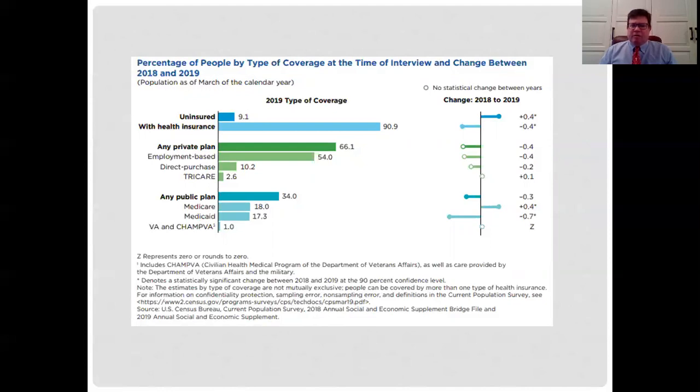Medicare, which is for older Americans, accounts for 18%. Medicaid for poor Americans, and also older poor people on Medicaid, accounts for 17.3%. And then the Veterans Administration and various other veterans programs account for about 1%. So again, we have about 10% without coverage. We've got 66 2/3 percent of the rest of us covered through